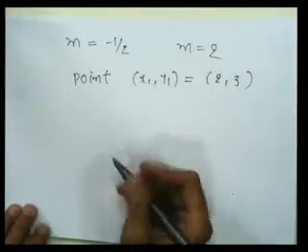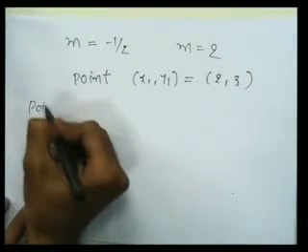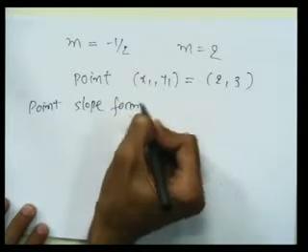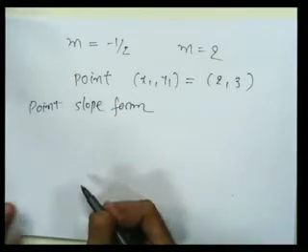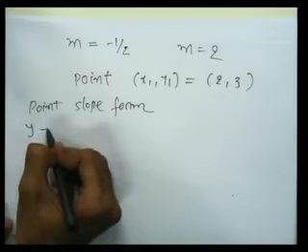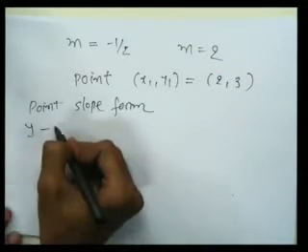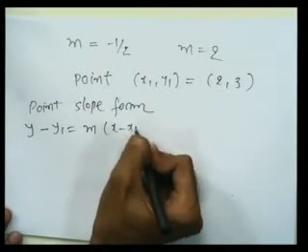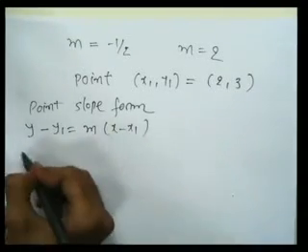So by the point slope form, we will get y minus y1 is equal to m into x minus x1. So here y1 is equal to